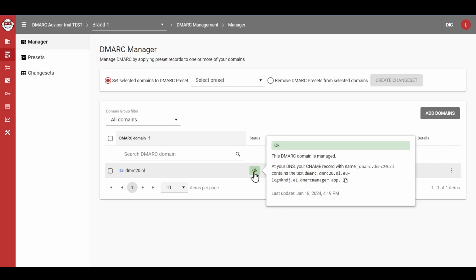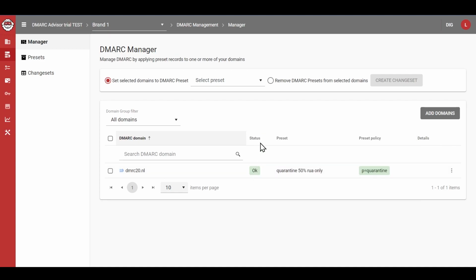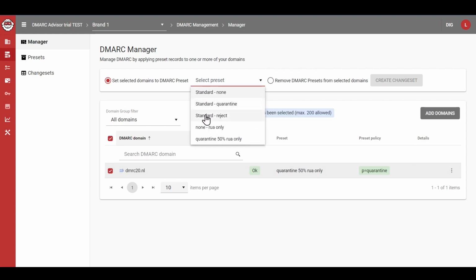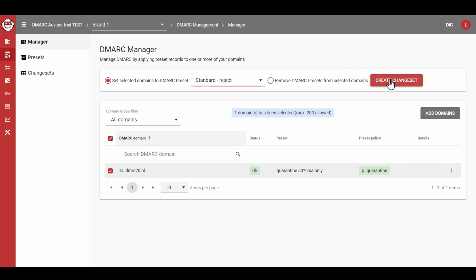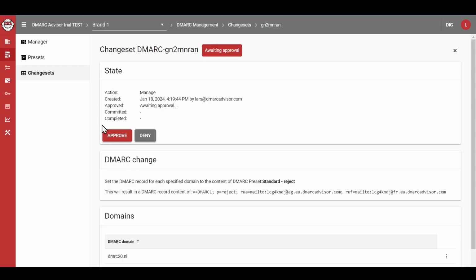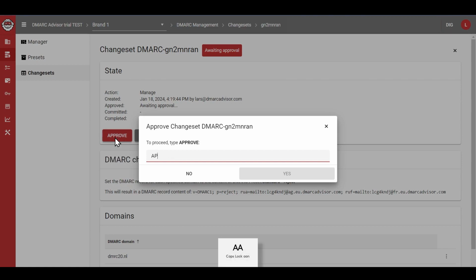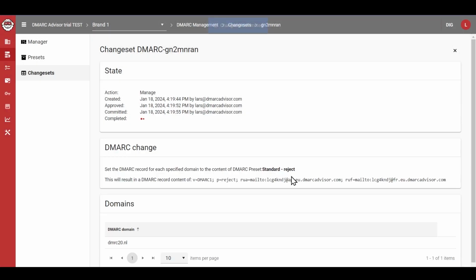If you want to get this domain to reject, you follow the same steps as we explained earlier. So we select the desired preset, create a change set, type approve, commit the change, and there you go.